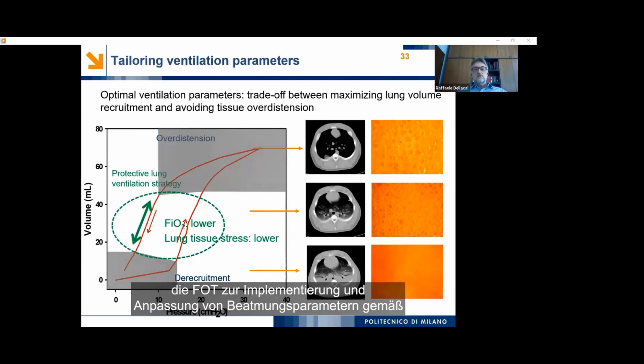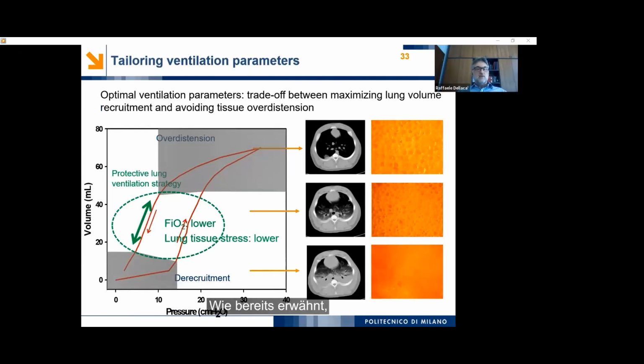Now, how can we use FOT for implementing and tailoring ventilation parameters following the lung protective ventilation strategy philosophy? We want to, as we were saying before, ventilate the patient in this region here. So we want to evaluate what happens during the expiratory limb of a PEEP trial and identify what is the lowest pressure that is able to keep the lung open, so to prevent lung volume